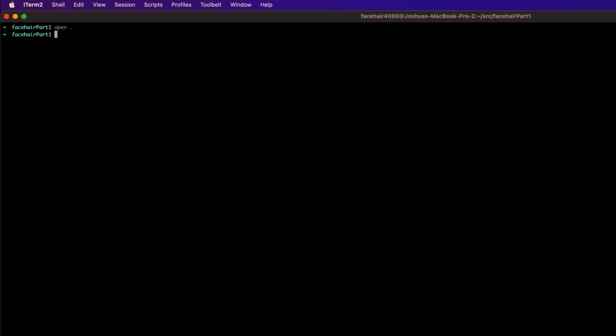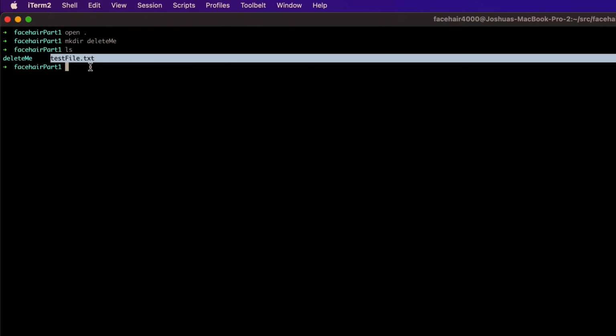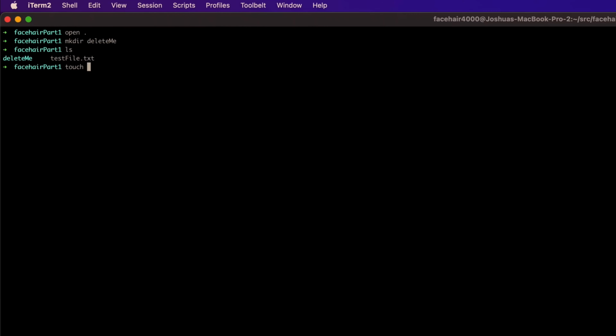Now we're going to talk about how to delete files and directories using the terminal. So let's create a directory that we don't really care about. Let's mkdir deleteMe, ls, and we can see that we have our deleteMe directory as well as our testfile.txt. Now let's touch a file, and we're going to touch deleteMe